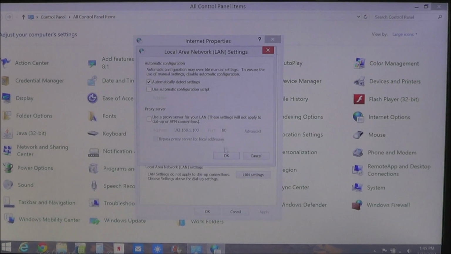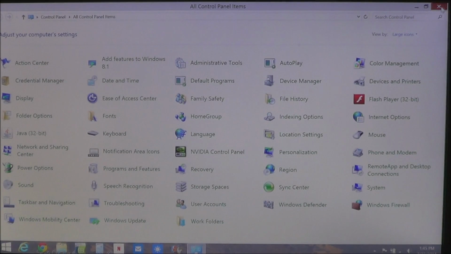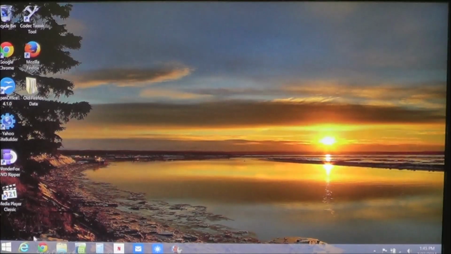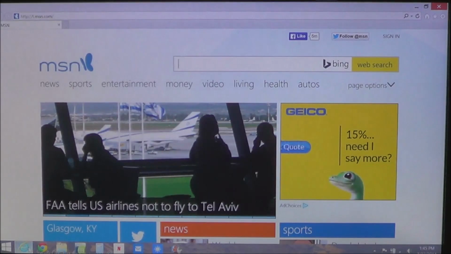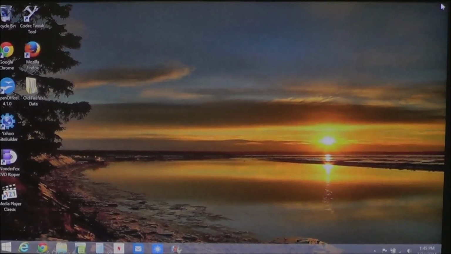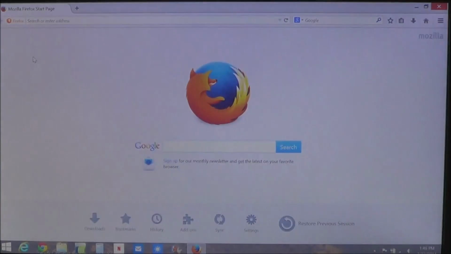Once you have it checked, click OK. And then click OK again. Then you can close Control Panel and then try your internet again. And there you go. Now, if you start using your browser and you close it, open it up again, your internet browser should go back to your home screen like it's supposed to. However, keep in mind, if the proxy server error comes up again after you just changed it,